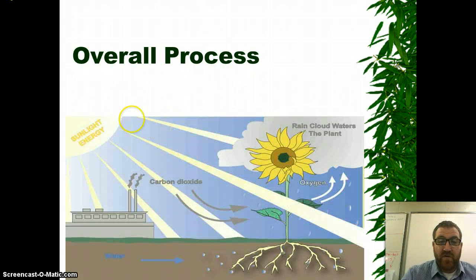So, in picture form, here's the overall process of photosynthesis. Sunlight comes into the leaves of the plant, which also absorbs carbon dioxide. Water, absorbed through the roots, will make its way up the stem or trunk to the leaf of the plant and move into the places where photosynthesis is going to occur, which is at the cellular level. Once you have those 3 ingredients,